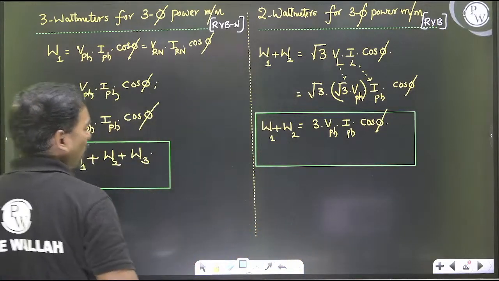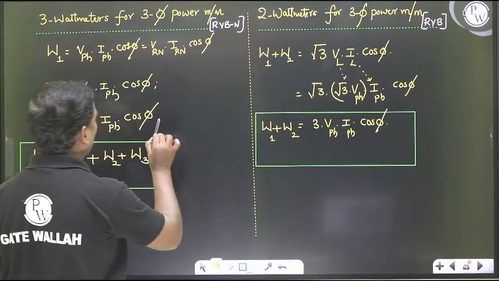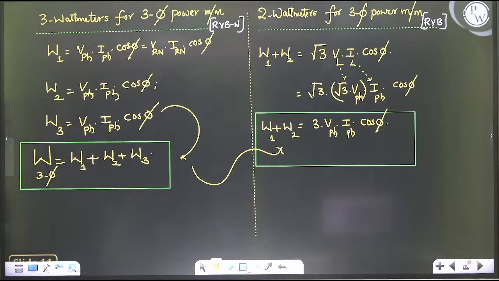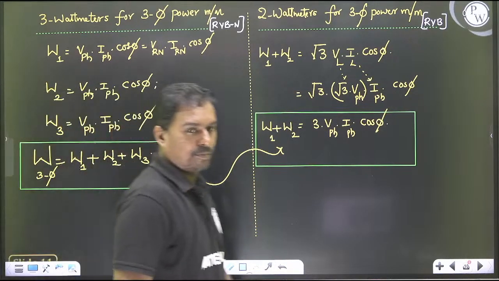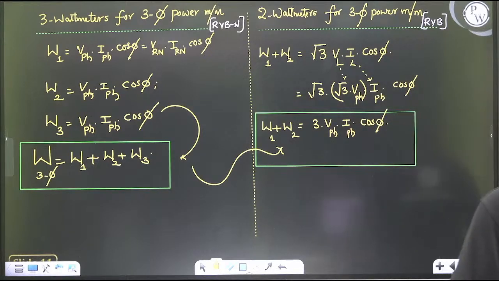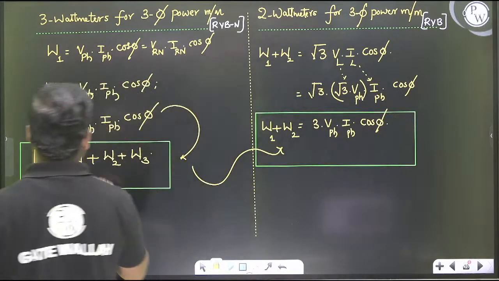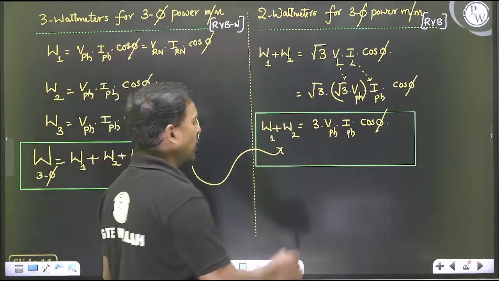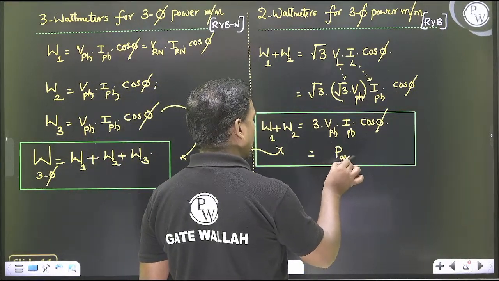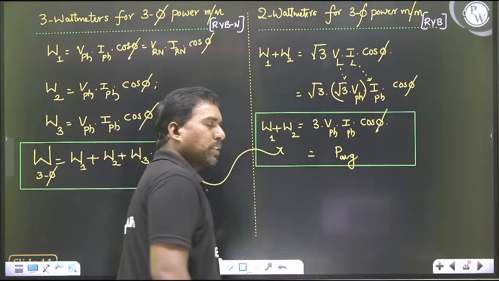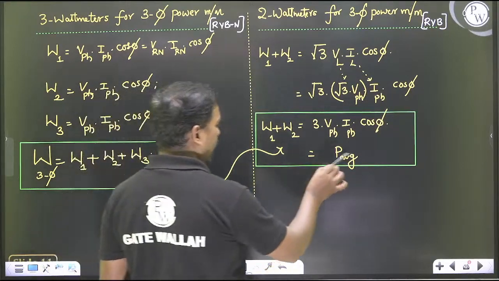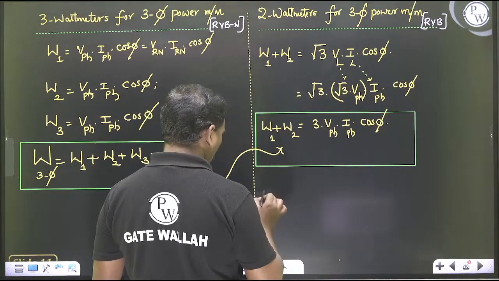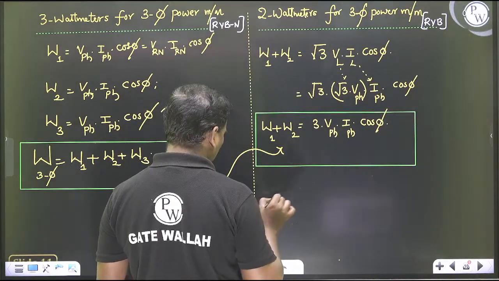W1 plus W2 का आंसर क्या होगा, 3 VPH. That means what you got with the 3 phase, the same reading we got here ना. 3 वाट मीटर से हमको क्या मिल रहा है, वो 2 वाट मीटर से मिल रहा है ना। तो दिस इज नथिंग बट द एवरेज पावर और नॉट, 3 फेज का एवरेज पावर और नॉट, यस एक्टिव पावर। ओके चलो माय डियर स्टूडेंट्स, सो आपको ये पता होना है,